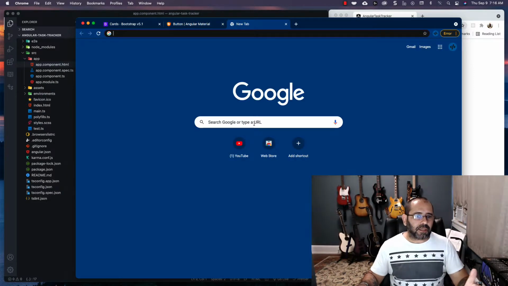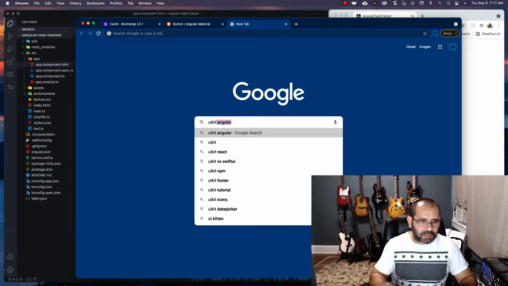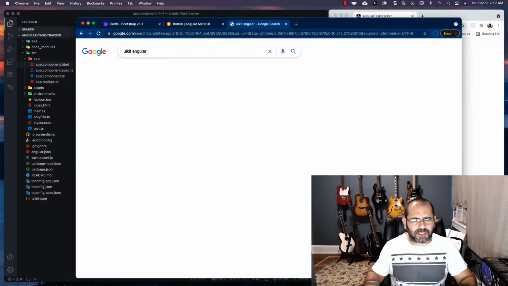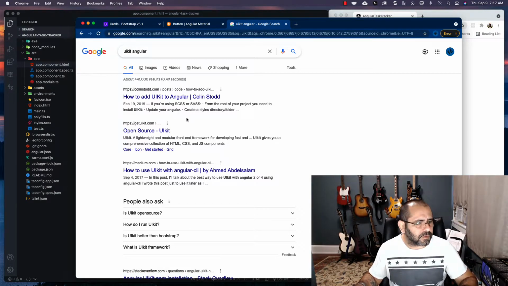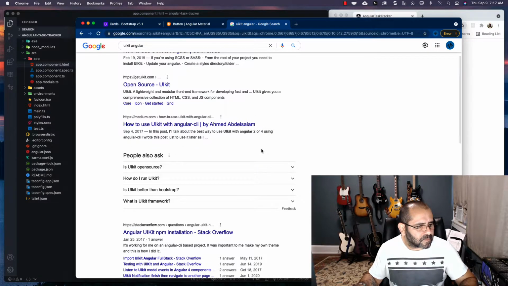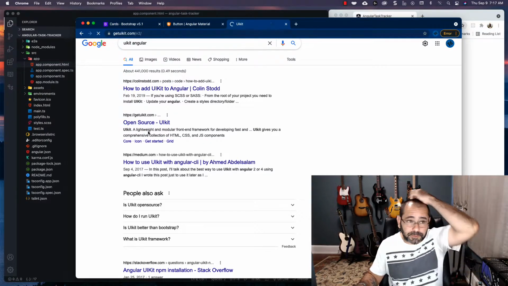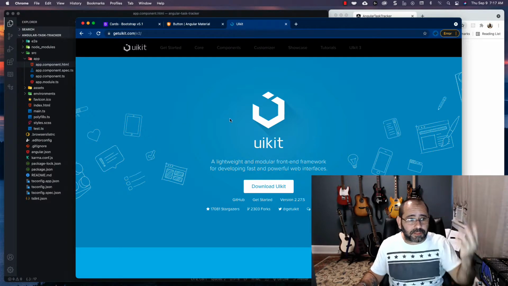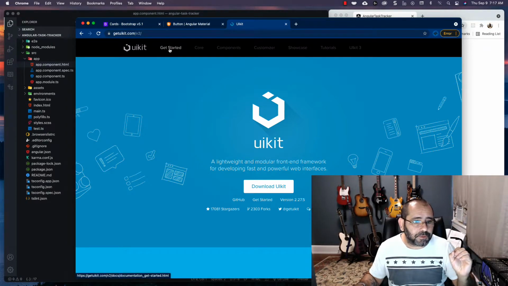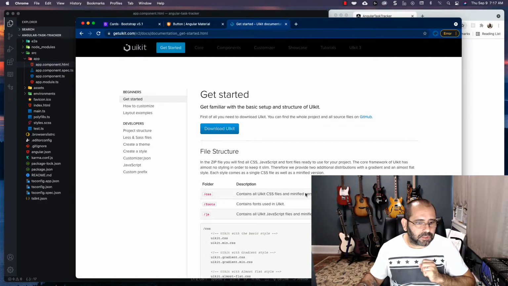And another one that I like a little bit that I wanted to talk about is UIKit. UIKit Angular. I didn't know they had one for Angular specifically. Yeah, I don't think there is. That was weird. Anyway, so you go to Get UIKit right here, and then you get this. So if you go to the Get Started, then you will see here,